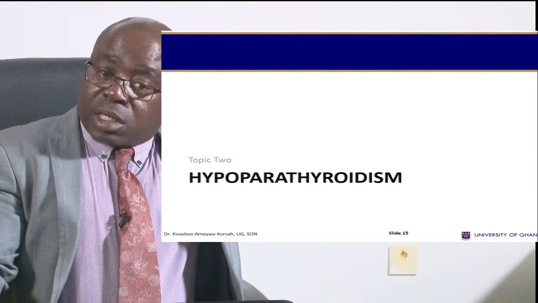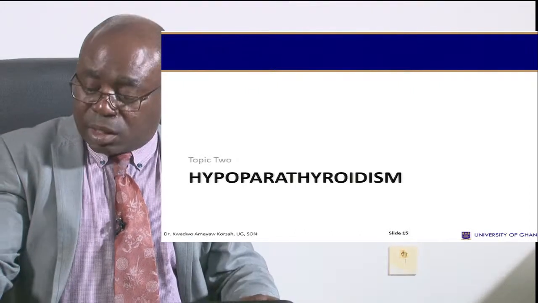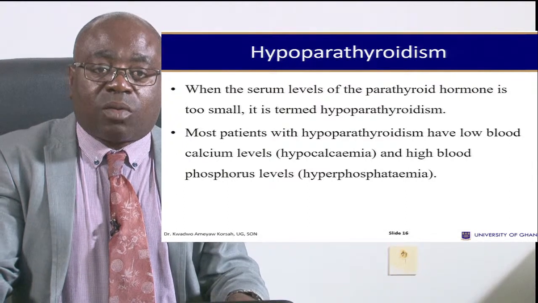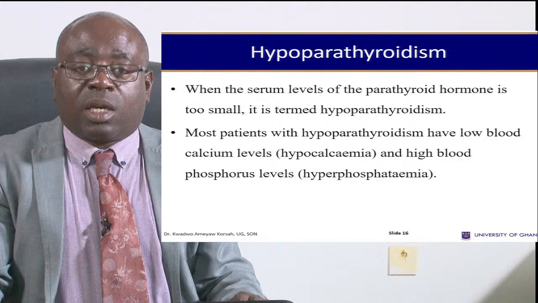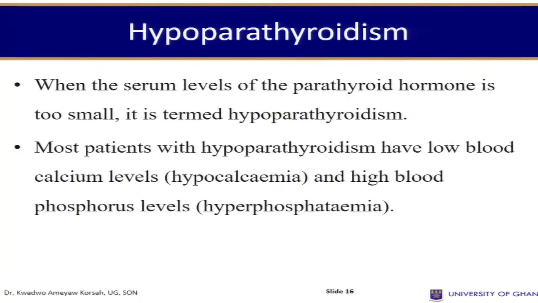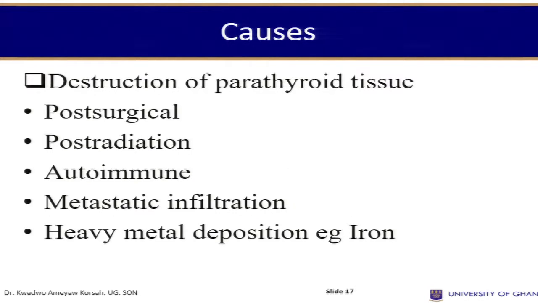And the opposite is hypoparathyroidism. And here, when the serum level of the parathyroid hormone is too small, it's termed as hypoparathyroidism, and most patients with hypoparathyroidism have low blood calcium levels, hypocalcemia, and high blood phosphorus levels, and here we have hyperphosphatemia. So these are things that we need to look at, and the causes we have labeled them down here, and